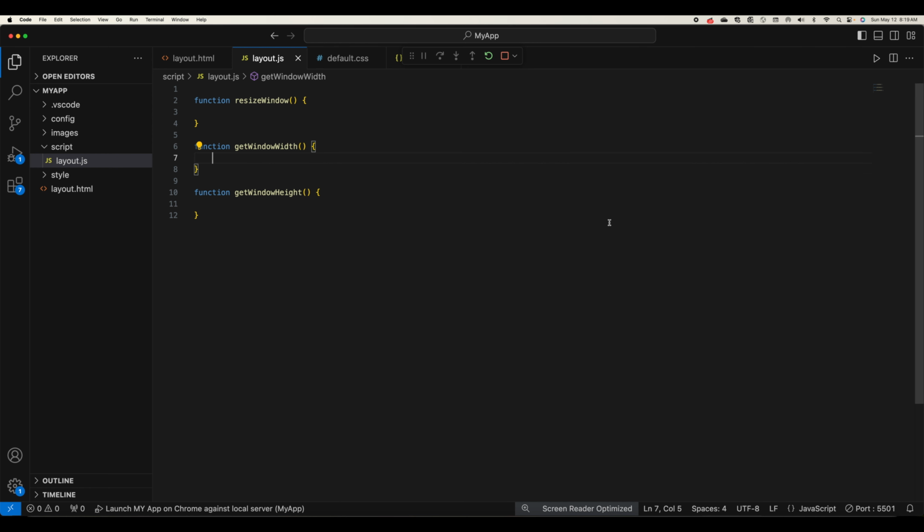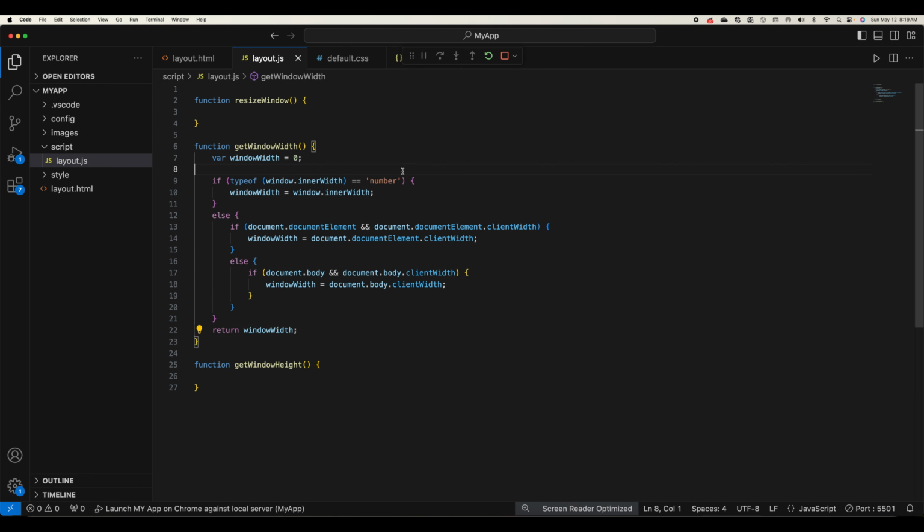Let's implement the code for the getWindowWidth function to get the width of the window. So I'm going to put in some code. Let's understand this code. First, I'm declaring a variable called windowWidth and initializing the value as 0. Now we have the window object in JavaScript. It's a predefined object in JavaScript